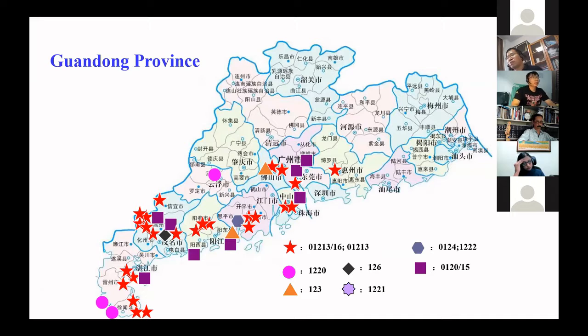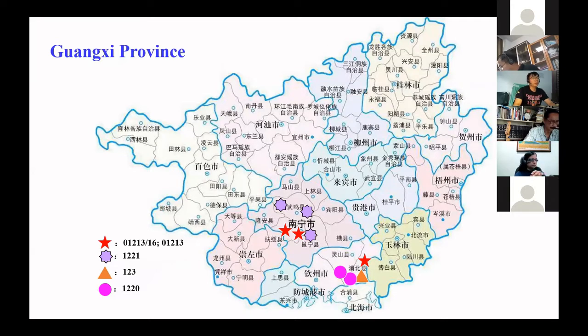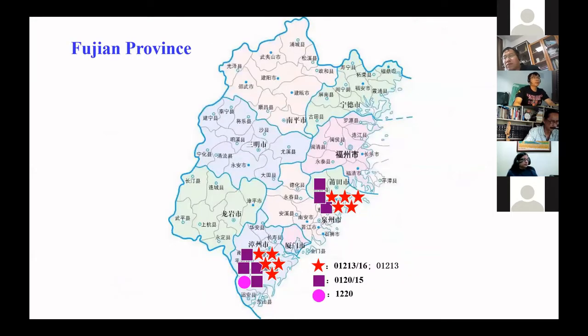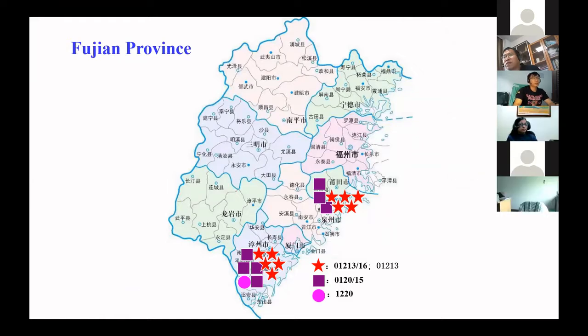So this is the map of the Guangdong province. We saw the red 5 stars. We also can see lots of the TR4 fungi spread across this province. This is the Guangxi province. Actually, right now the TR4 fungi has spread to all of the province, and also the Hainan province. We identified lots of these TR4 fungi, and in Fujian they also found lots of the fungi